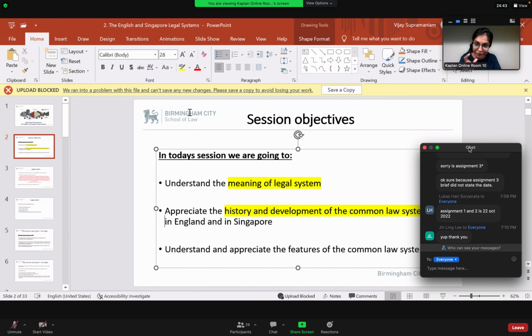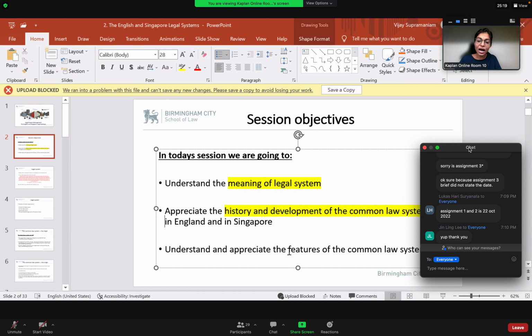So the common law system actually originated in England. So that's the reason why specifically it's England. Don't think it's a mistake that it should be UK. The Scottish system is slightly different. So that's why it's always called the English legal system. When you look at textbooks, the title of the textbooks are usually English legal system because the Irish, Northern Ireland and Scotland, they have different systems, very different from England, okay? So we in Singapore, the Commonwealth countries, we actually follow the English system, okay?